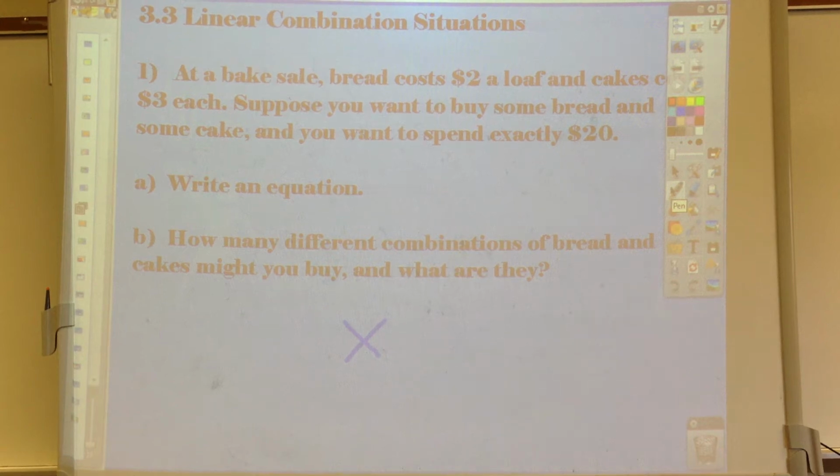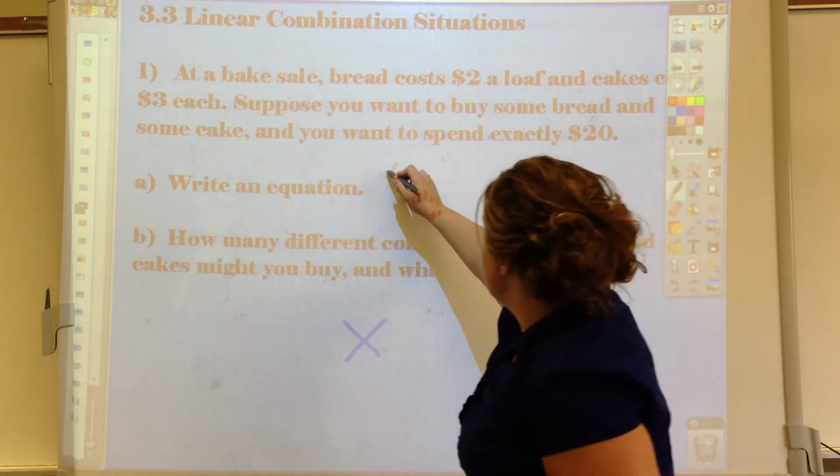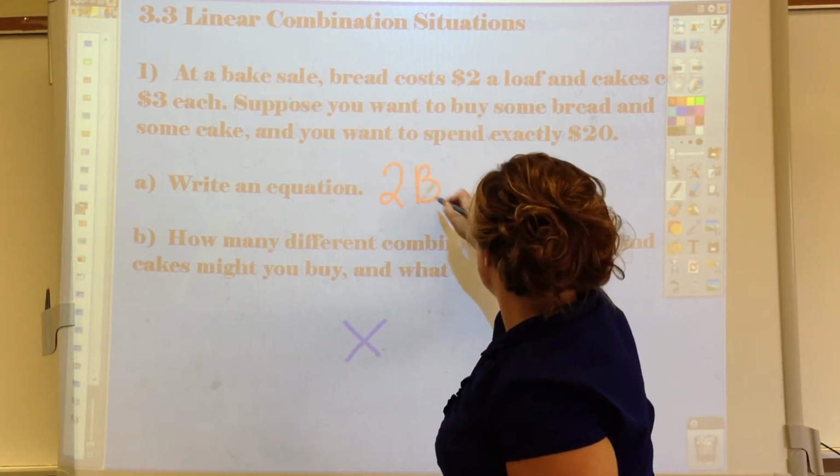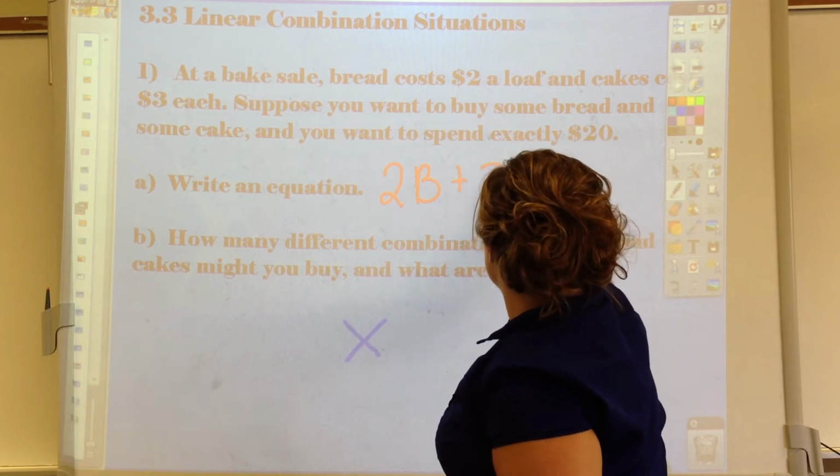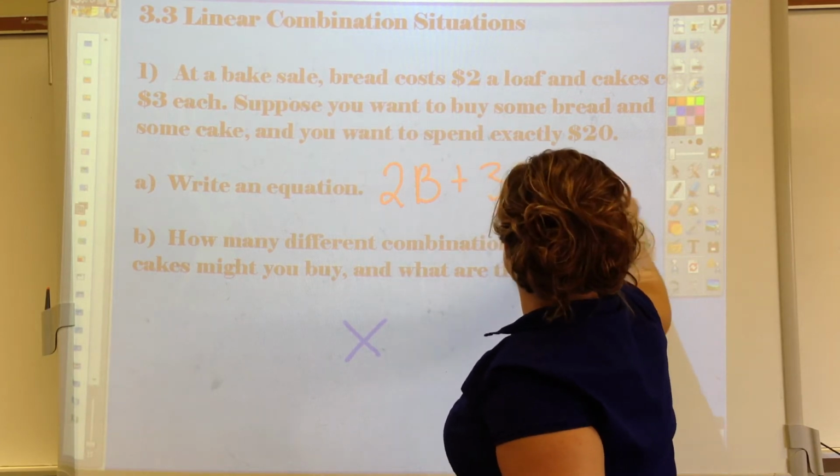This is section 3.3, and we're going to begin making linear combinations. For number one, say you're at a bake sale, and bread costs $2 a loaf, and cakes cost $3 each. You want to buy some of both. You have to buy some of each, and you can only spend $20. Let's write an equation. You pay $2 per loaf of bread, plus $3 per cake, and you end up with